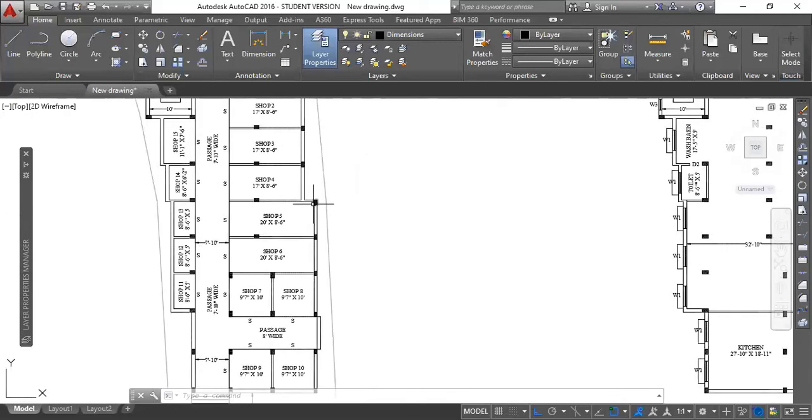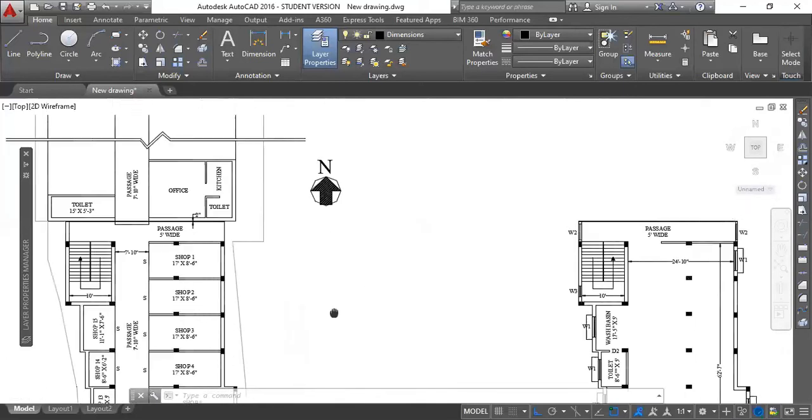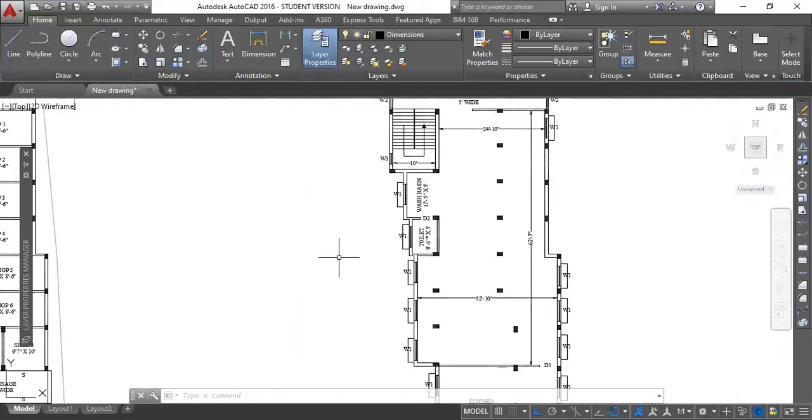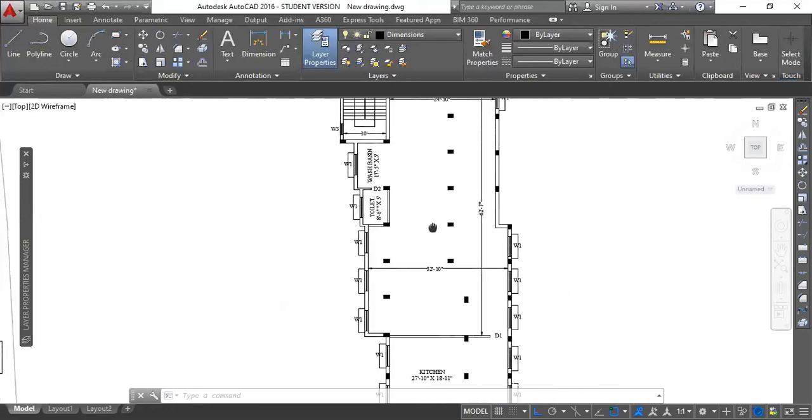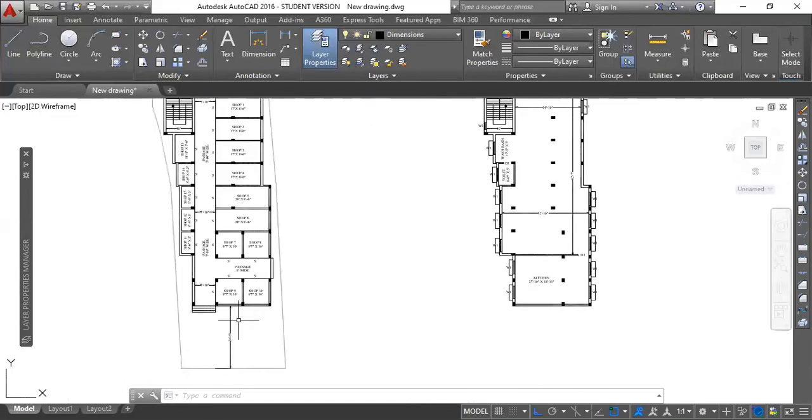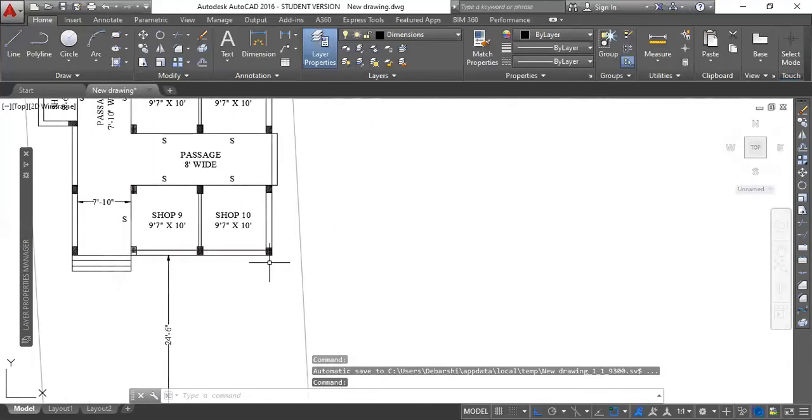But you cannot obviously extend this particular wall to this portion, because that will be outside of the plot area. So you need to consider those things, because many times sufficient information is not available, because the person who will be taking the measurement and delivering it to you is not an architect or an engineer. Maybe he's a laborer, but you have to deal with those people. You have to get the job and get it done. So you have to develop your own way, and how you are visualizing this particular thing.